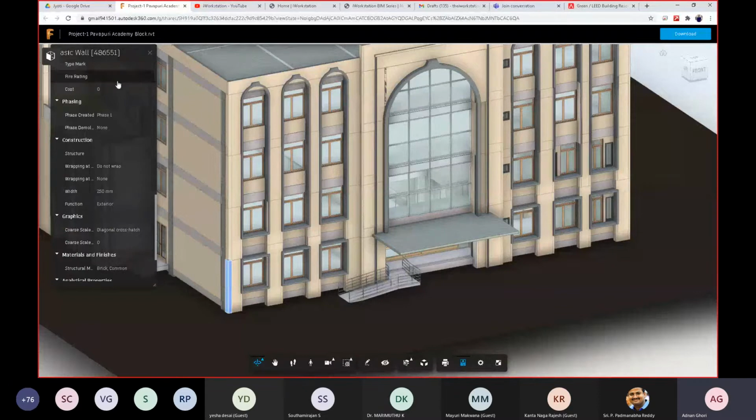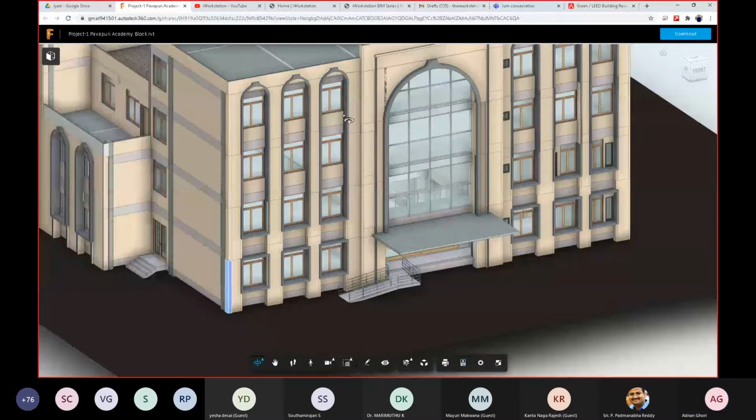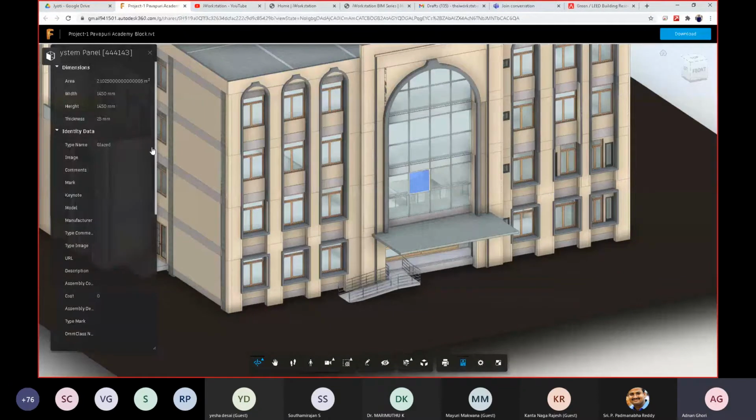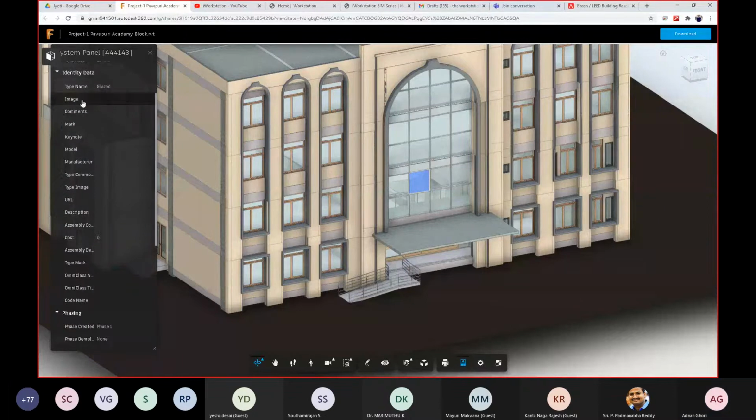These are all the properties of this particular column or wall. Let's select this particular glass. You have all the properties for the glass as well. Currently, this information is missing. You can even include identity data, manufacturer details and everything with this information.